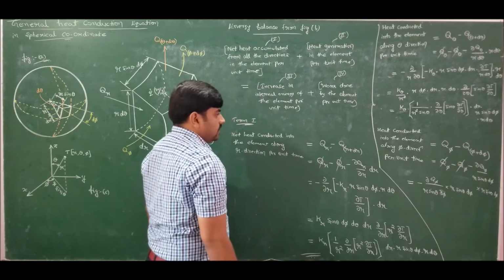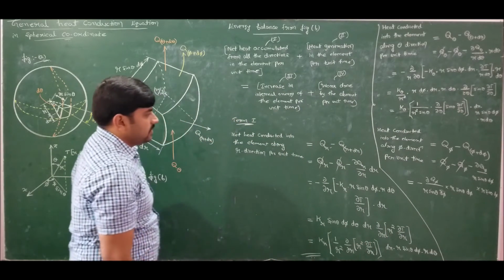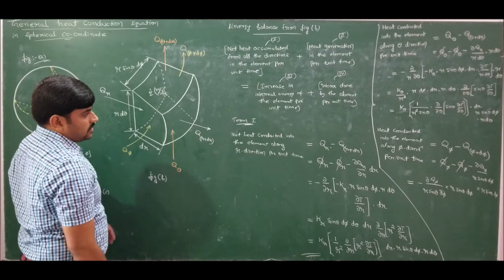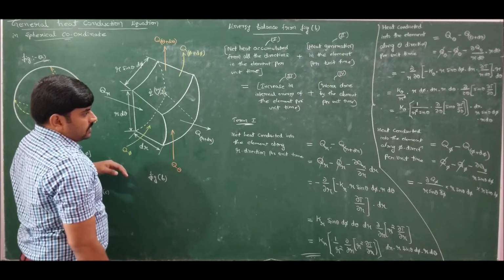This is what we have. Now substitute for q phi. If I substitute for q phi and solve, I am left with